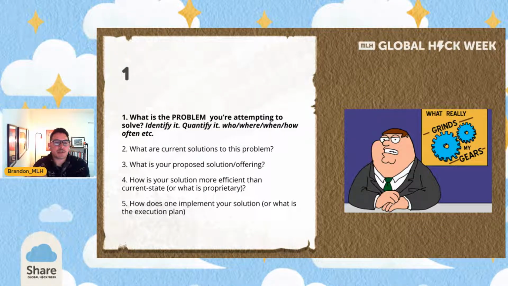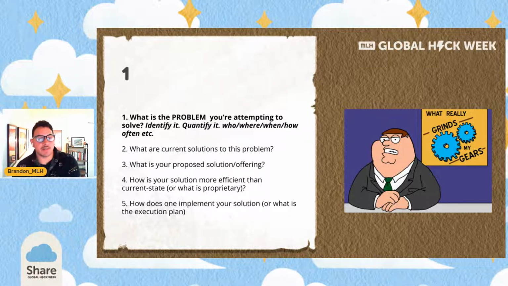On that first question, when we're asking ourselves what is the problem that we're trying to solve, identify it, quantify it. Every single step here is going to help you ensure that you're working on the right things. You might show up to a hackathon, or maybe you're trying to start a company, and you're trying to figure out tech first. Maybe you say, hey, I really want to work on something with the blockchain. That's cool, but we have to ask ourselves why. And that's where the problem comes in.